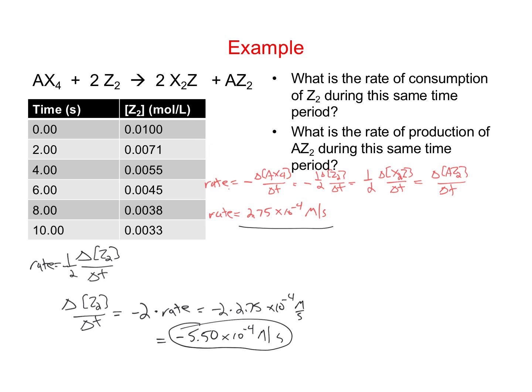All right, and then we can do the same thing with AZ2. In this case, the rate is going to be just, there's no coefficient in front because it's a product and the coefficient is 1. And so the rate of the reaction is just delta AZ2 delta T. So there's nothing to rearrange. So the rate of production of AZ2 is